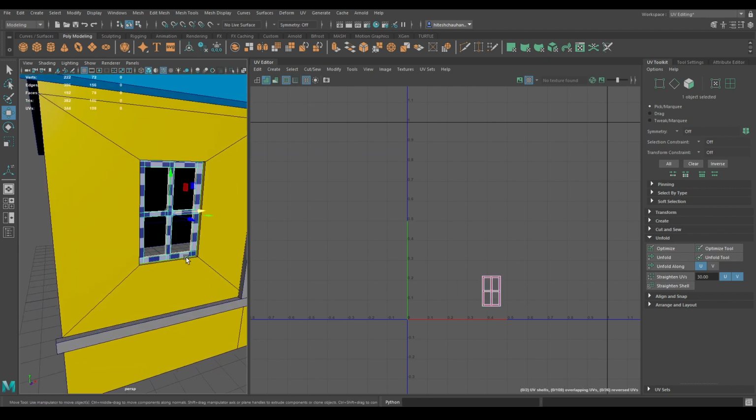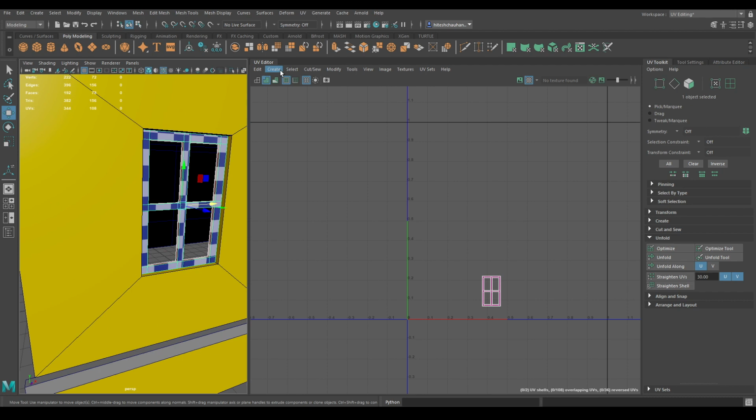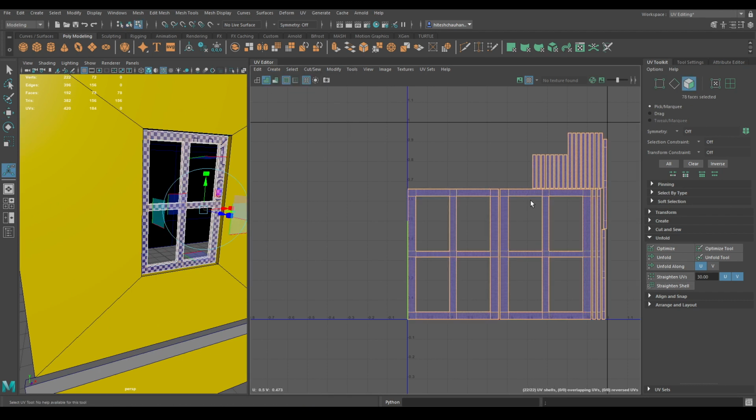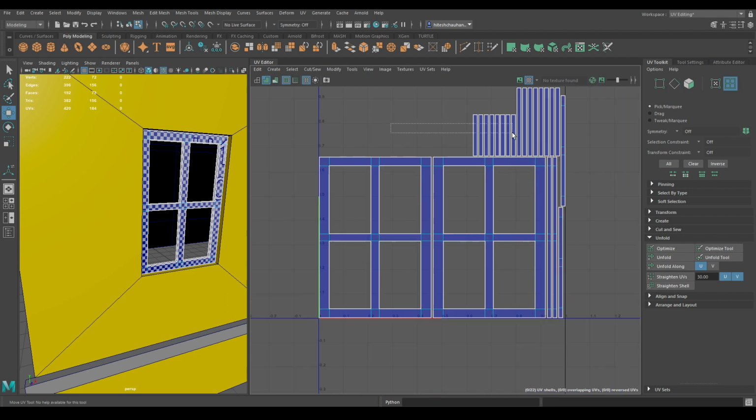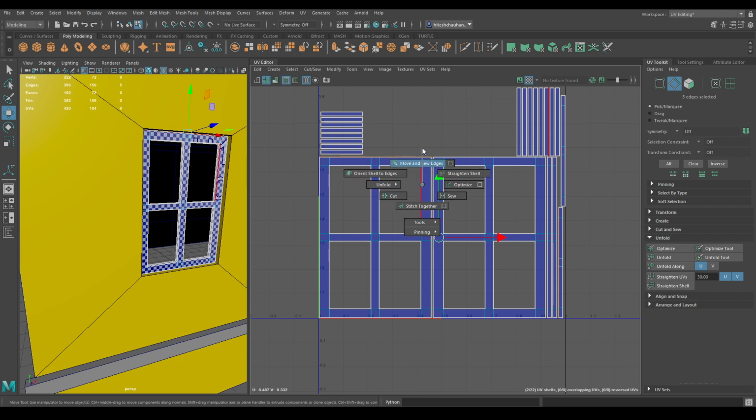Now let's unwrap this window. Go to create and automatic. Now select these shells and rotate like this. Place them here and move and sew.